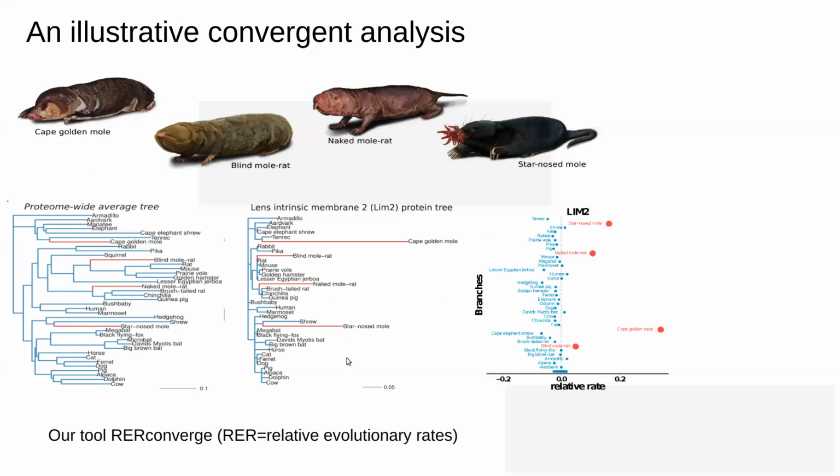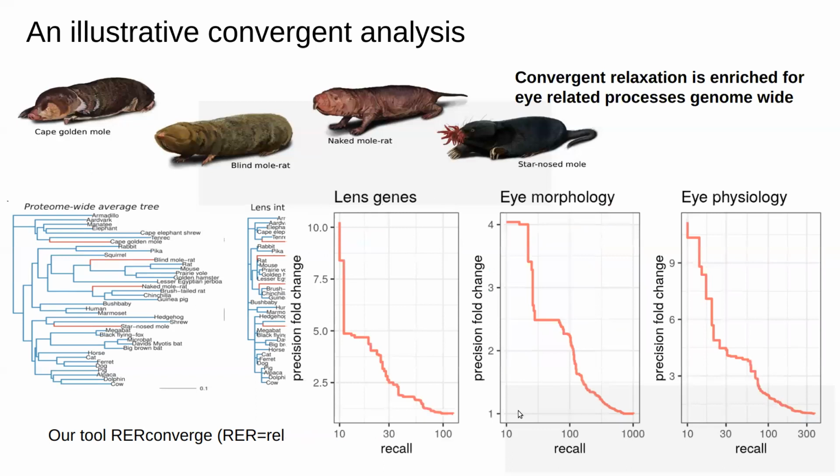visualize the differences between these two trees as the relative evolutionary rates plotted here. And in this view, we can see the top four most extreme changes in rate relative to the average are indeed our subterranean species. And if we look for this kind of pattern genome-wide, we can rank all of the genes according to how much they correspond to this pattern. This rank list is highly, highly enriched for genes that have to do with diverse processes involved in eye formation and function. Now,